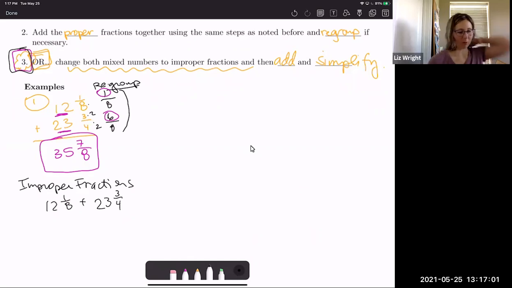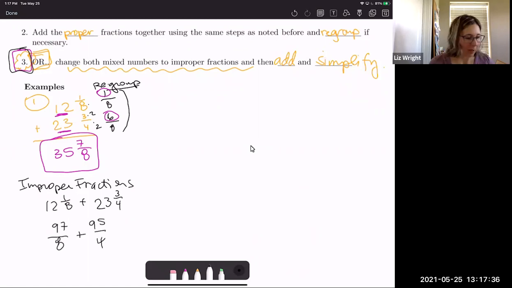So again, we're taking our 12 times our 8, and then we're adding the 1. So our 96 plus 1, which is 97. So we would have 97 over 8. And then here we're doing 23 times 4 plus our 3. So 23 times 4, you can put that in your calculator if you want, or you can probably figure that one out. That one should be your 92. And then you're adding 3 to it, so that should give you 95